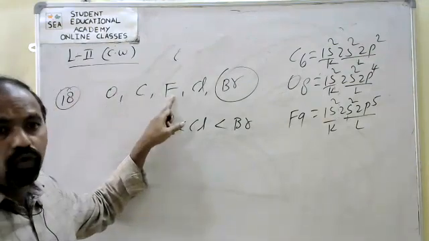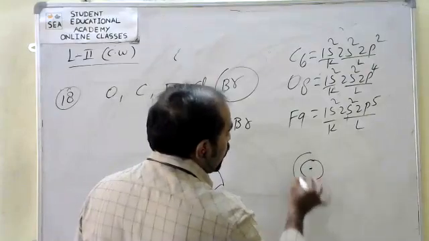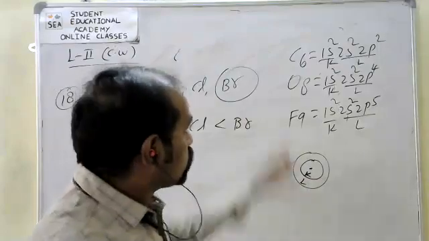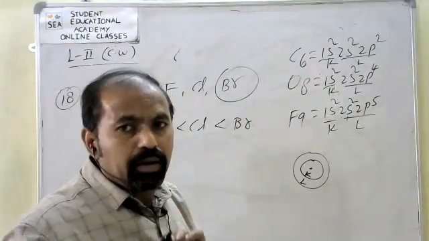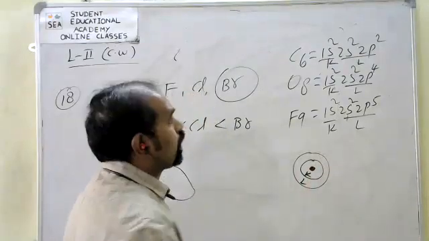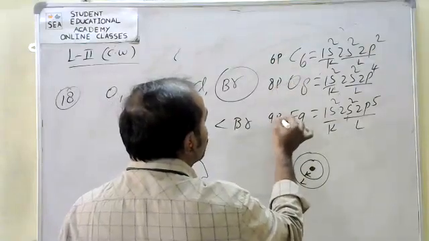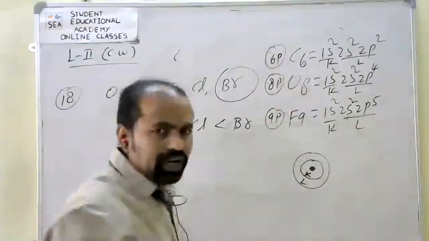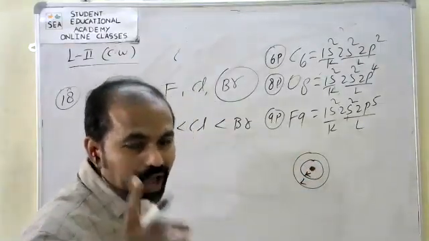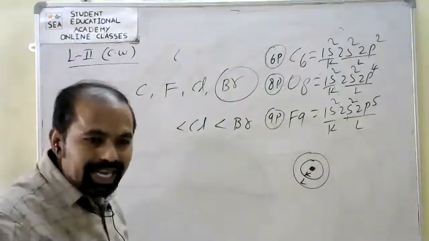Oxygen, carbon, fluorine. If you observe, it is a K shell, it is an L shell. Distance does not increase in both cases. So distance same, K, L only. But here nucleus, protons are different. Only 6 protons in the nucleus, 8 protons, 9 protons. So electrons are present in this area only, K and L. Protons, I have given one thing.